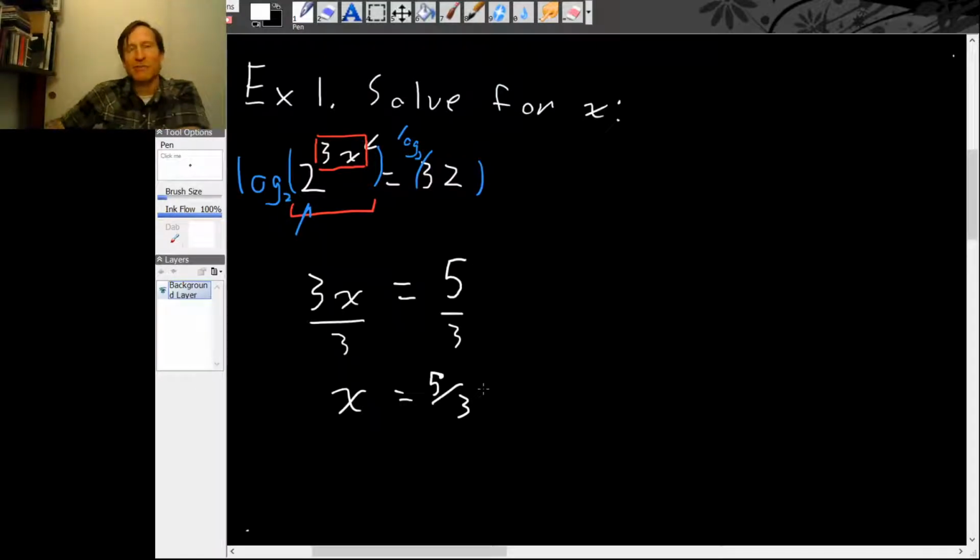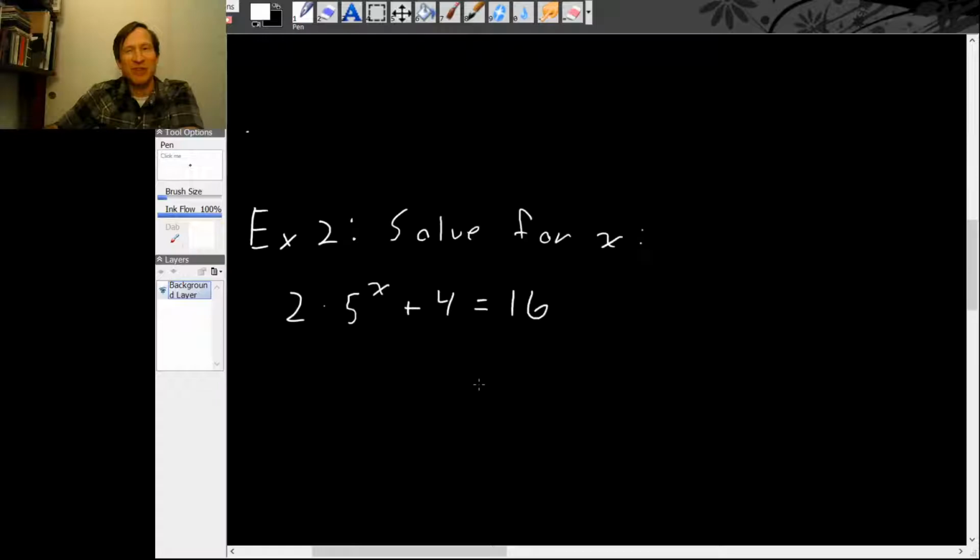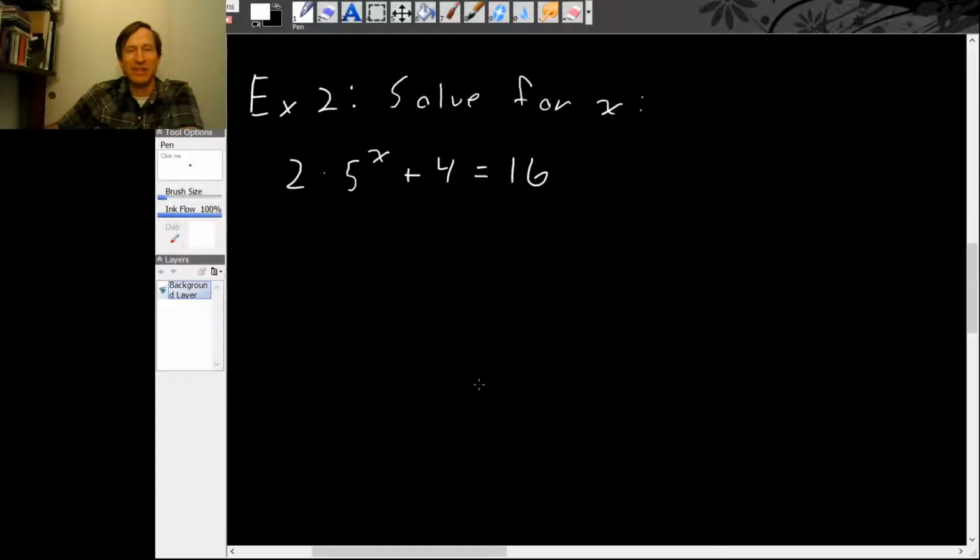So whenever you have an equation where the variable is trapped in an exponent, you're going to use a logarithm at some point to solve for that variable. But you might not use the logarithm immediately. So let's look at this example. We're going to solve for x again, and this time the equation is 2 times 5 to the x plus 4 equals 16. So if we tried to use a logarithm right away, you can see that the left-hand side,